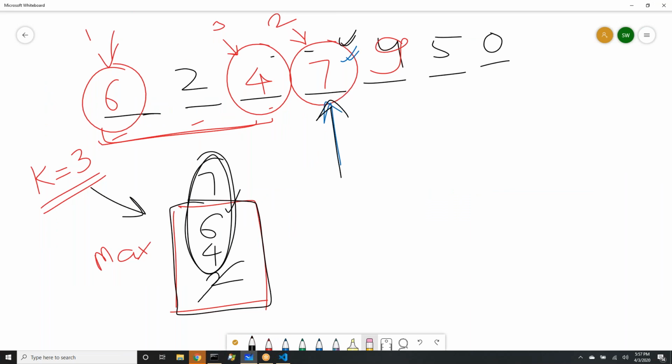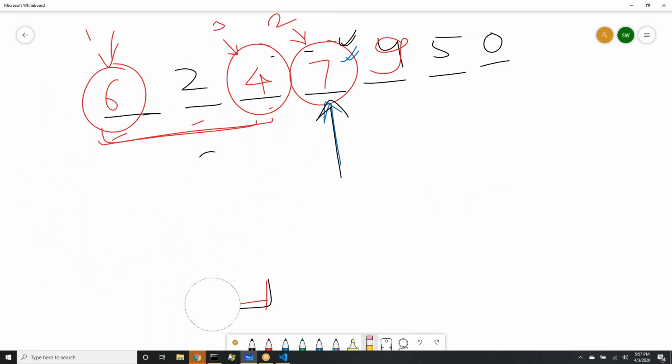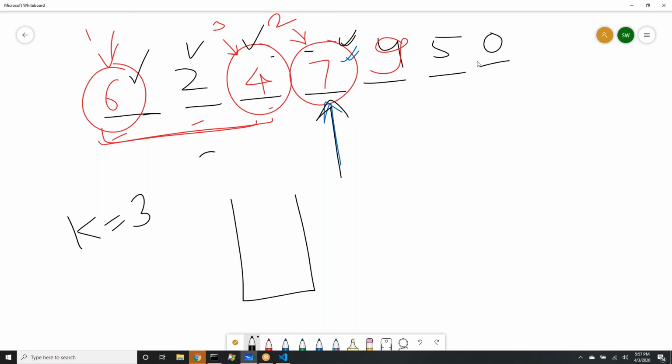So I'm going with this array once again, with this modified array in fact. So now k is 3. Let's continue with a min heap this time. First element put in the min heap, second put in the min heap, third put in the min heap. So you have 2, 4, 6. That is what your min heap looks like right now. When you get 7, compare 7 with the least value, and you can get the least value in O(1) time. Comparison tells you 7 is bigger than 2. So my question to you is, can 2 be in the top 3 elements if 7 is the next element?